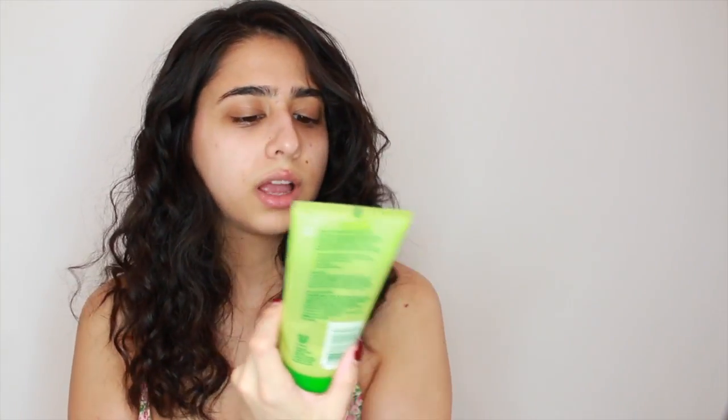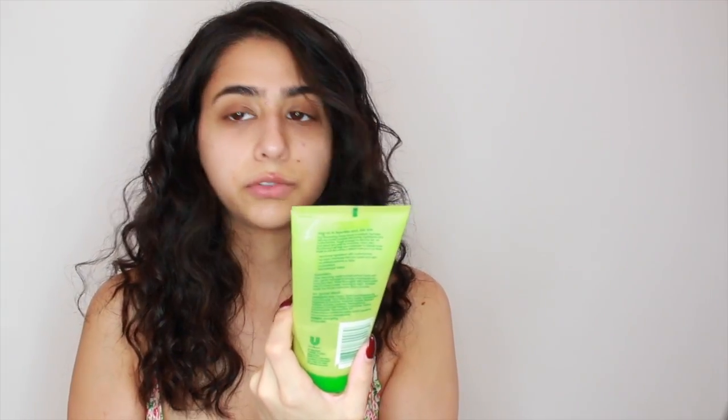So the first thing that I do before I start my makeup every single time is I wash my face. I like using this one. It's by Simple, and it's the gentle exfoliating scrub. It's all natural and it works, but basically bottom line is you want your skin to be clean before you put anything on it so that all the makeup goes on smoother. And since we're trying to go for more of an effortless look, we just want everything to go on really